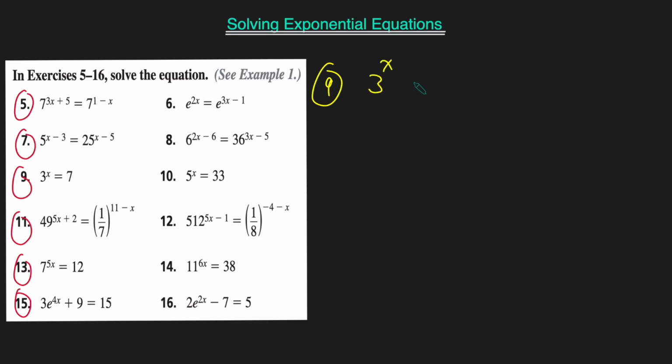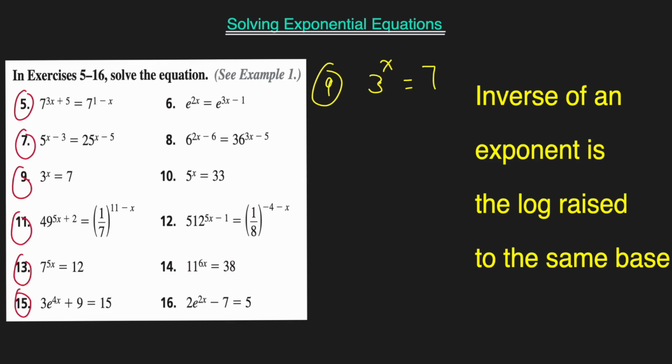3 to the x equals 7. Now, these are not the same bases, and they would never be. 7 is a prime number, and so is 3. They are not related. So now I need to use the inverse property. The inverse of an exponent is the log to the same base. Just remember that. And if you don't know that, I already have a lesson that talks about inverses of log